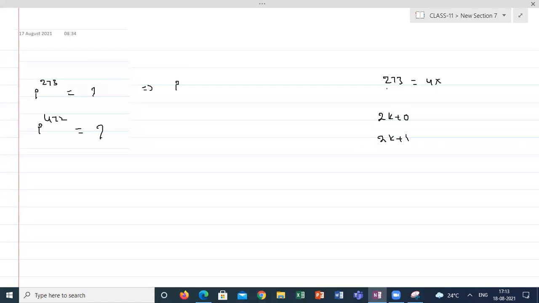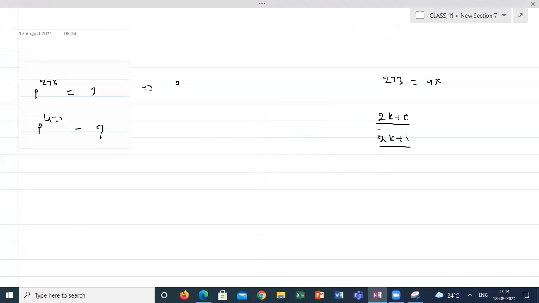Without remembering, yes, I can understand. You can write multiples of 4 or multiples of 2. But how can you define the 4 values? I am getting i, minus i, plus 1, minus 1. For what values of 2k plus 0, 2k plus 1 will you get the 4 values? Understood what I am saying? So, confusion might come. Better to write multiples of 4.